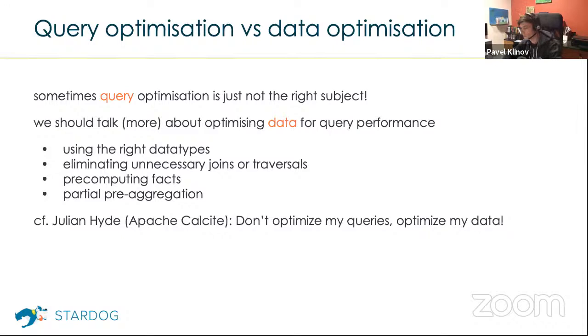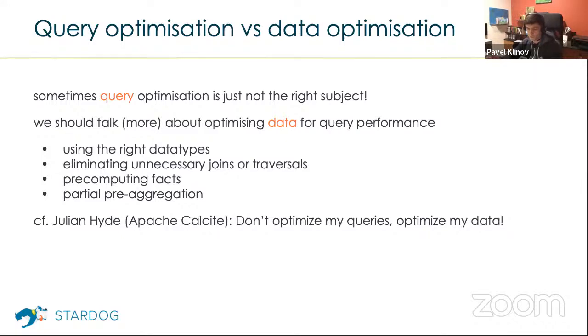So maybe the query engine is not doing a good enough job of optimizing the queries. But it happens quite often that we should talk more about the data and less about the queries, because honestly, in many situations, given the kind of data that you have and the kind of results you want to get from your queries,